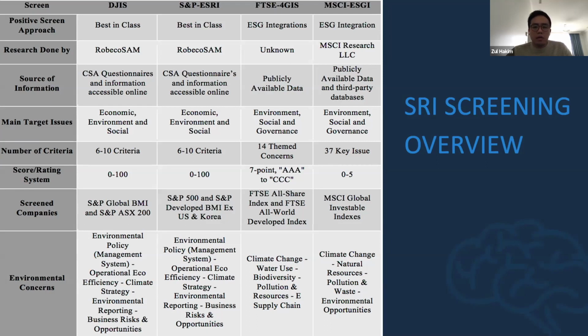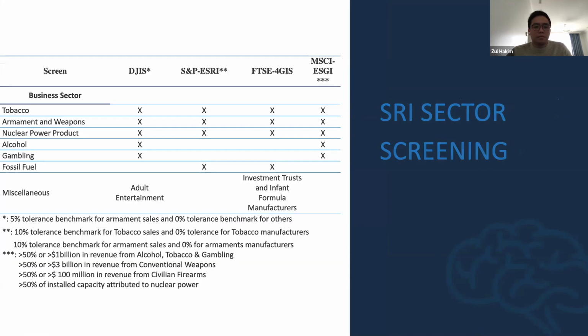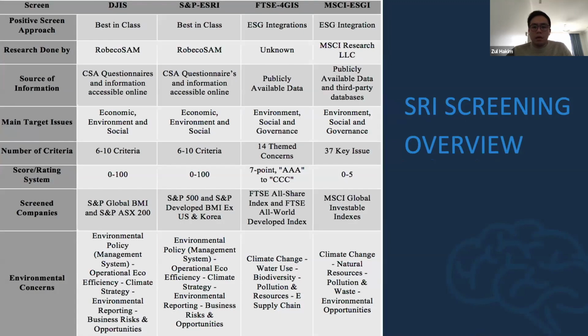For example, with the gambling and alcohol industry, let's go back to the alcohol and gambling industry here. Only 2 out of 4 of the selected indices show that they exclude the industry from their selected company universe. Therefore, there are discrepancies between different SRI indices on how they define what is unethical and what is